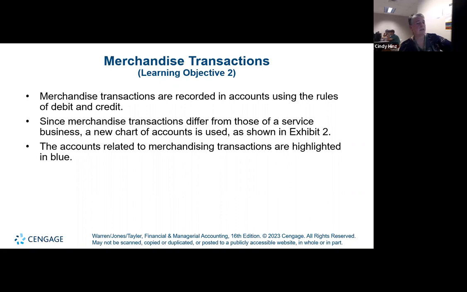So many of the exercises we're going to be looking at in this chapter are looking at either purchases or sales and how do we report them? How do we record them? So we're going to be looking at transactions from both sides. First, the entity that's selling the product and the entity that's buying the product. And we're going to be talking about a number of different types of accounting questions we might have to answer. So how did they pay for it? How did they get any kind of a discount? Did they have to pay for the freight? And that kind of question.